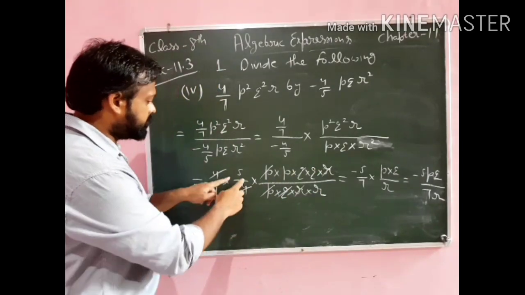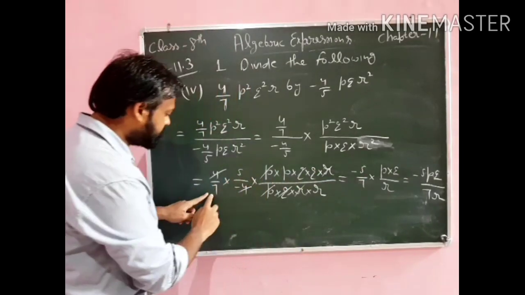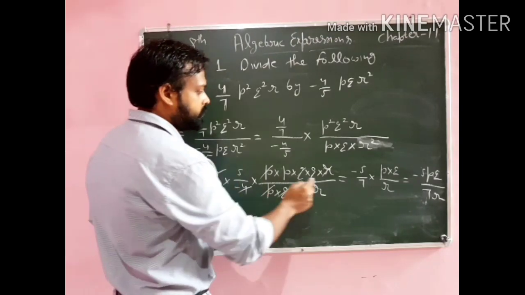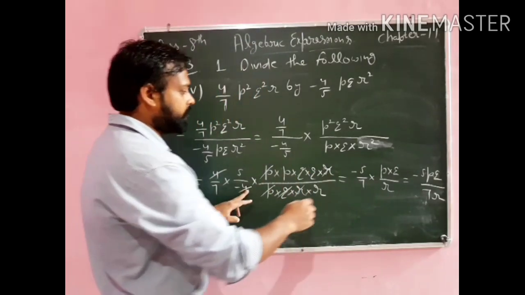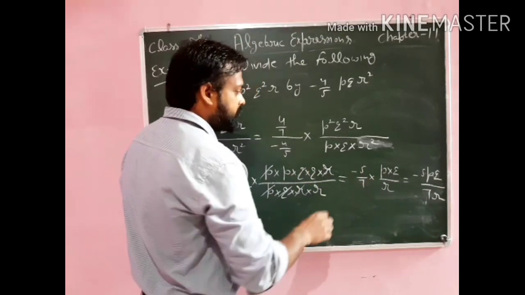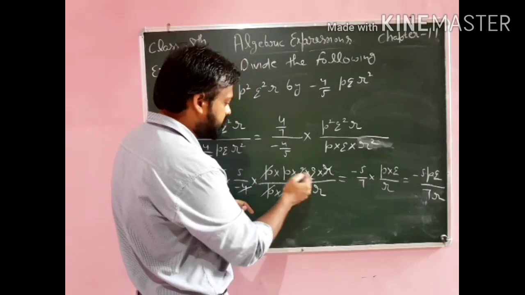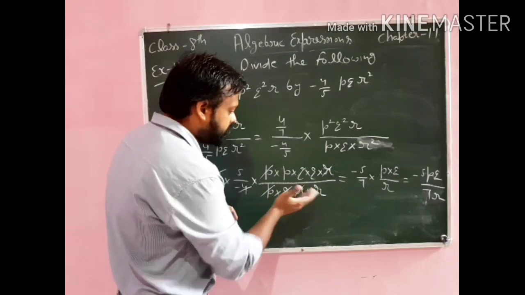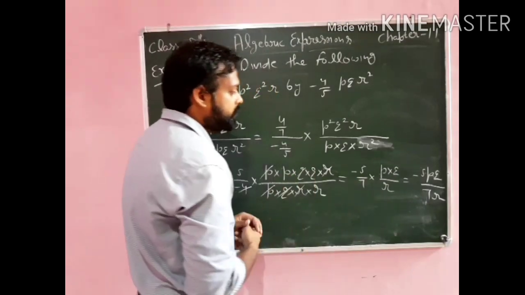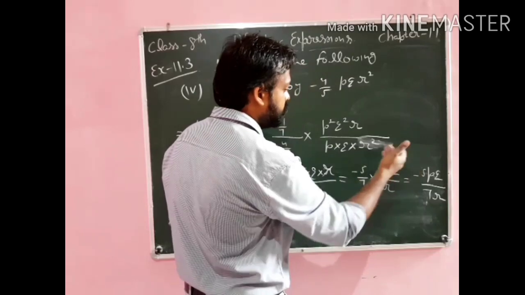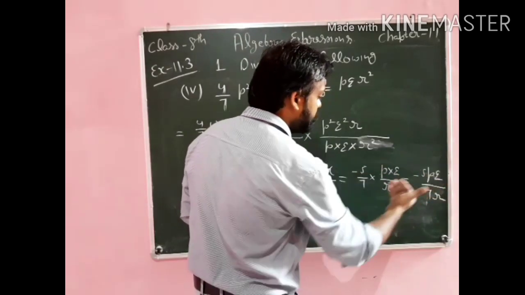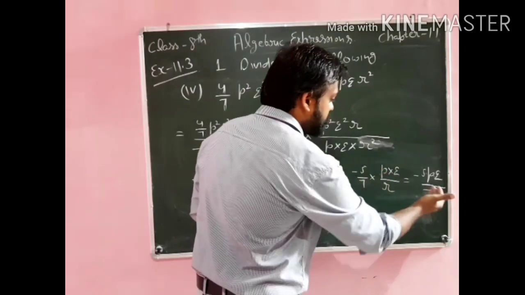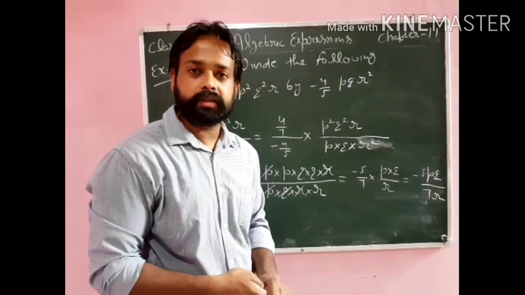So what is left is 5 over 7, and you know that the minus sign is here in the denominator, we can take it into the numerator. So it will become minus 5 by 7, and the multiplication sign will remain as it is, and you can see on this side p and q are left, so p multiplied by q, and in the denominator r is left. So now you can multiply the numerator terms, it will become minus 5pq, and also the denominator terms, it will become 7r. So this is the answer.